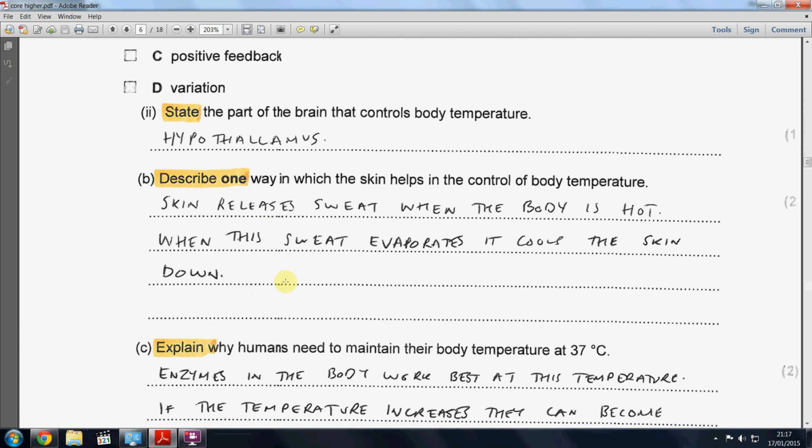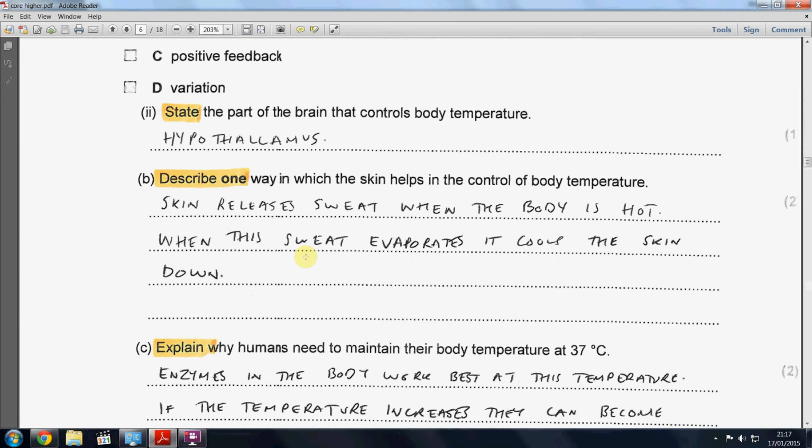Okay, it then goes on to say, describe one way in which the skin helps in the control of body temperature. So there's a few options you can give here. It's a 2-mark question. So because it says describe, we're going to have to state what it does, and then we're going to have to explain how it does it. I've chosen to talk about sweating. So I've said skin releases sweat, so I've said sweating in my answer, so that's the first mark straight away